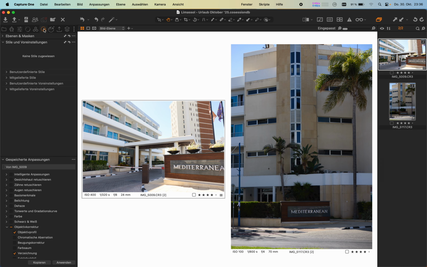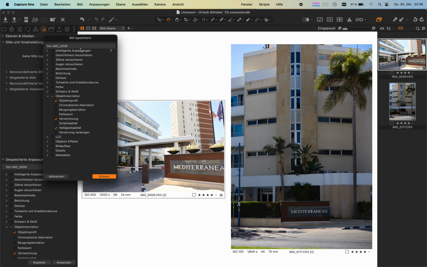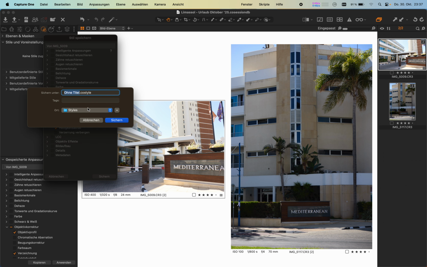So I'm going right here in the styles section and save a user style. Nothing is changed except the lens corrections, and right here it selects the lens profile as well, but I manually deselect this and only save distortion and light fall off in the style. I'm going to save it, call it support,